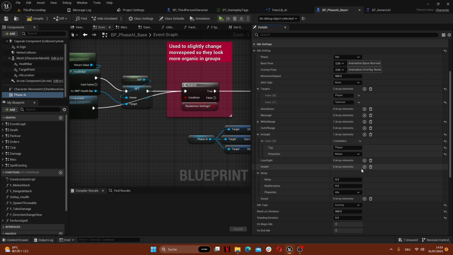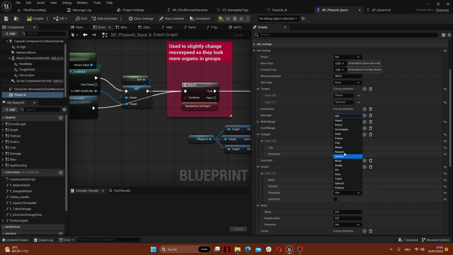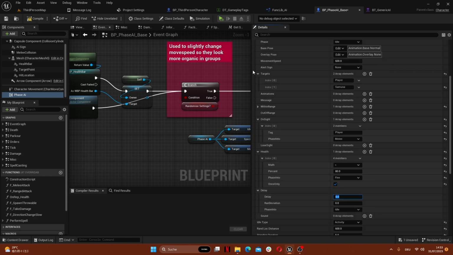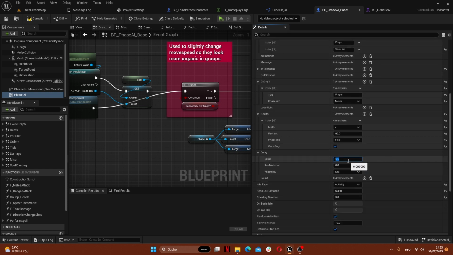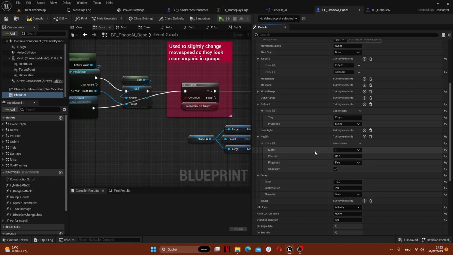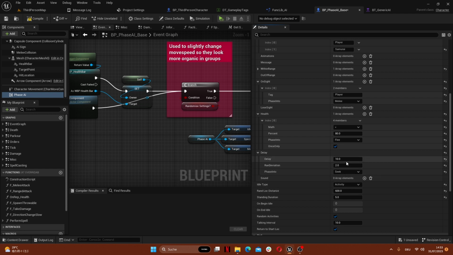Once it sees a player, it attacks. Then we have the same here, health. If you have, I don't know, below 80% health, you run away, right? For example, civilians, when they see, and it's once, right? And then delay: if you enter the phase, you shouldn't use that on idle, but on other phases. If you enter the phase and after 10 seconds, plus minus, you go to another phase. And this only happens if he cannot execute whatever the phase does. For example, when he wants to attack and he cannot do that in 10 seconds,